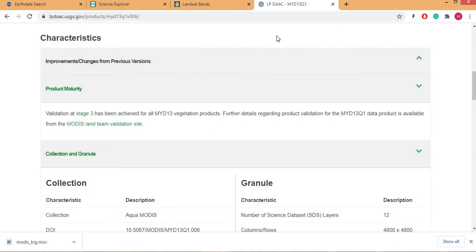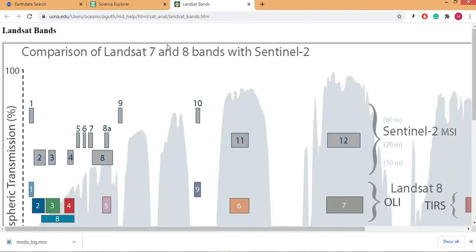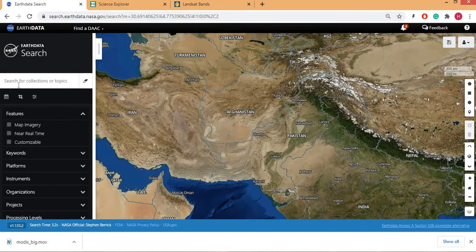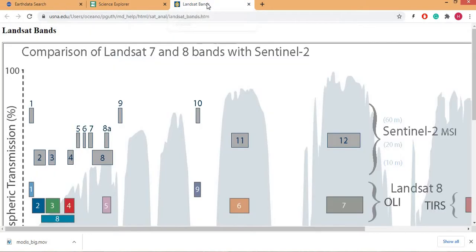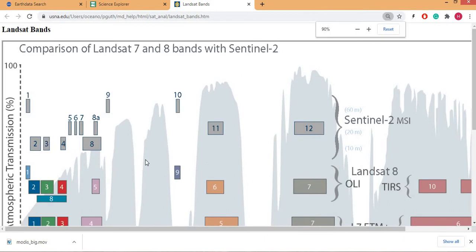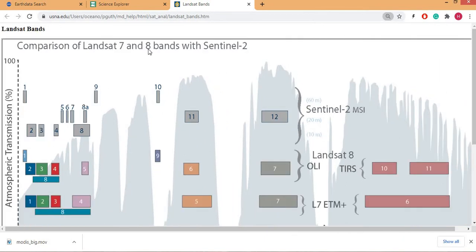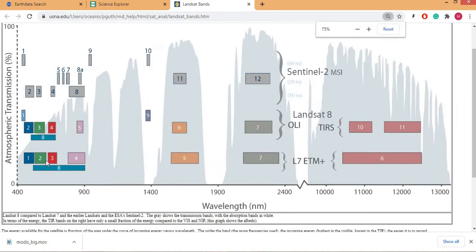If this data set is not available, then we will search for that data from here. We can select, and here we have the information of Landsat 7 and 8 bands with Sentinel-2. So this is the graph which we have studied earlier. This is atmospheric transmission, and we have discussed what atmospheric transmission means.